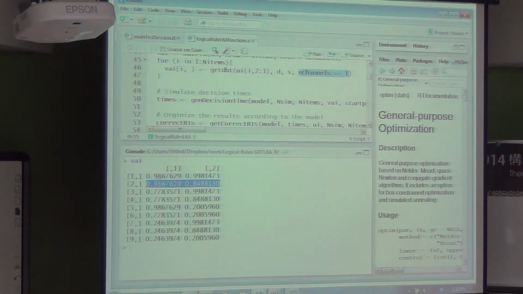So it has a high drift rate on dimension X and a lower drift rate on dimension Y. If we go down to the category A stimulus, which is close to both boundaries, then it has a lower drift rate on both boundaries. Still pretty high overall, but low in comparison to this high stimulus.